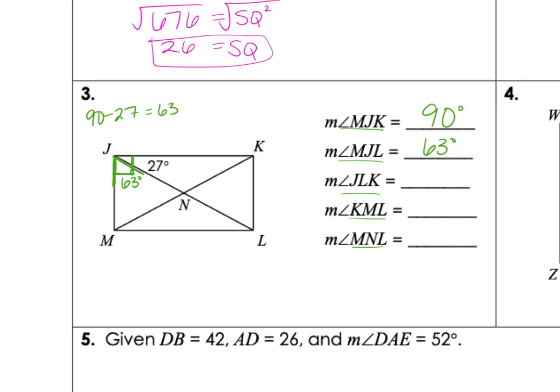JLK? 63. Those are alternate interiors, right? This guy matches up with that guy. Okay. KML. 27. How'd you get that? If you subtract 90 by 63, or if AIA